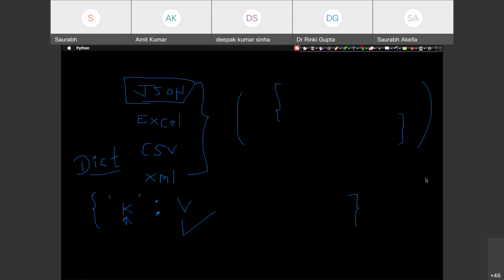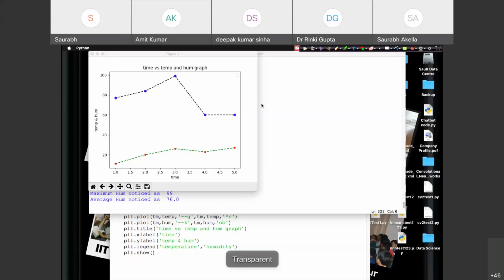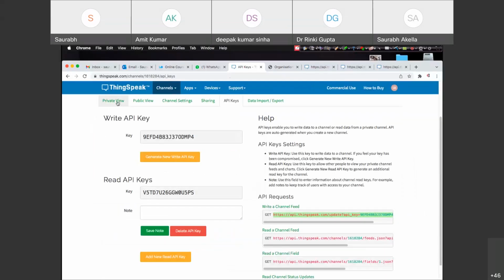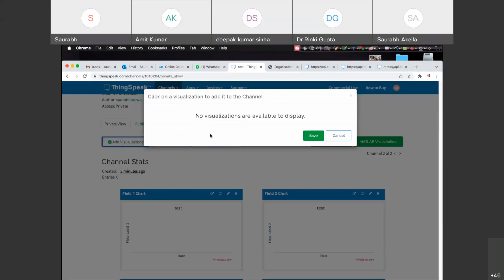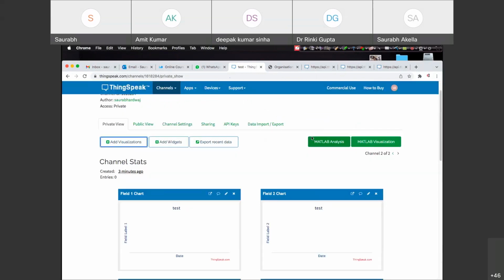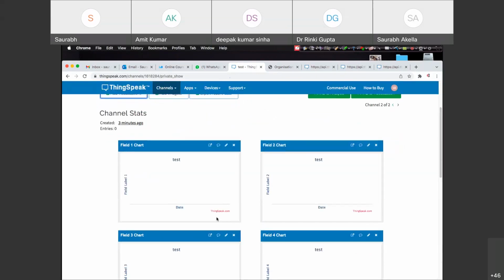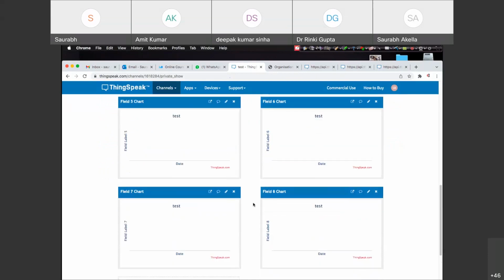Could you explain a little more about ThingSpeak? Could we also do some processing there, or should we take the data into Python and do the processing? Yeah, at ThingSpeak also we have possibilities of using these channels, since you can add a couple of new visualizations. Like here we have got 8 fields, right?